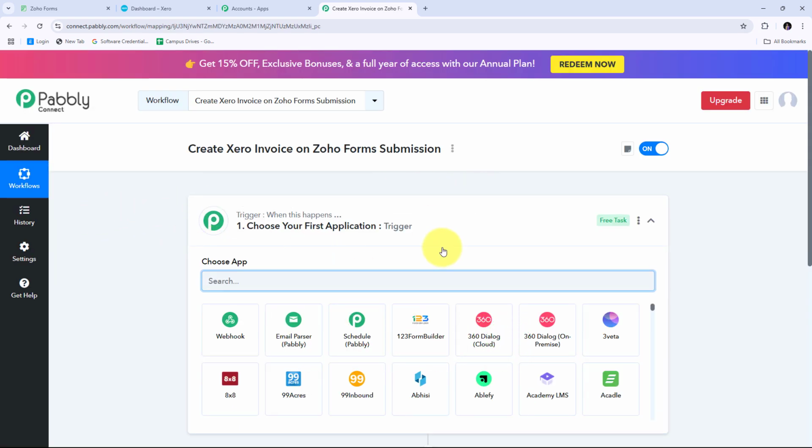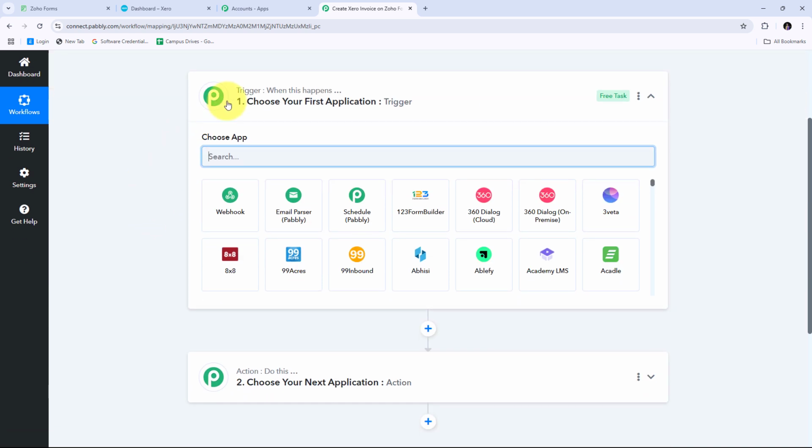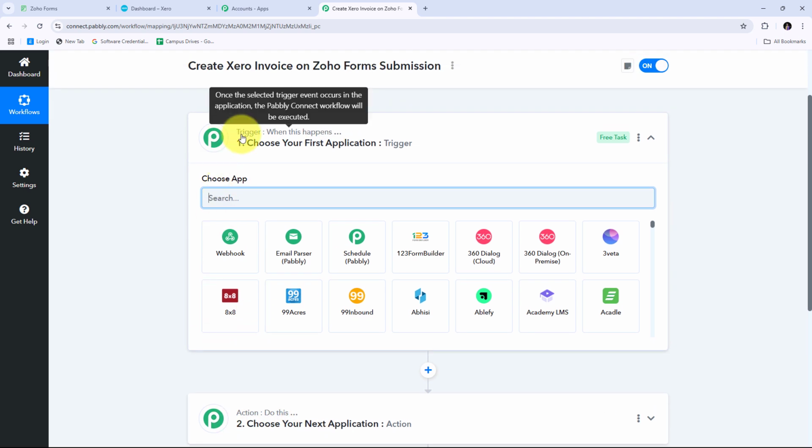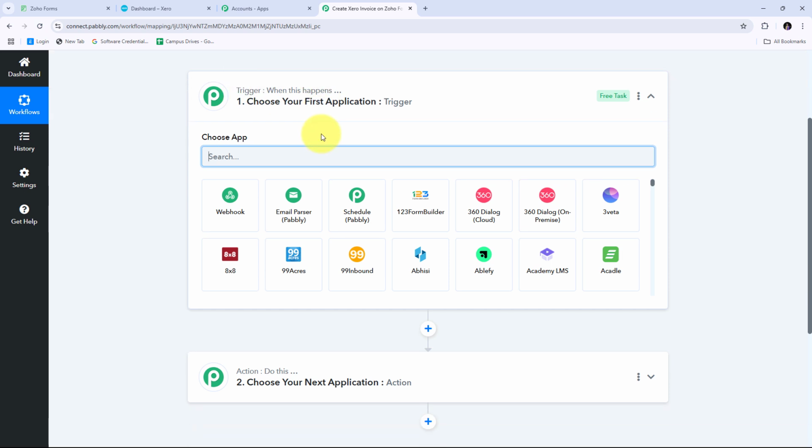And here it will take us to this most important window of our workflow. And here in this window, I have these two boxes of trigger and action. Trigger and action are the two main principles on which our workflow works. Trigger says when this happens, action says do this. So trigger is going to be the first step that will get executed in our workflow, and action is just